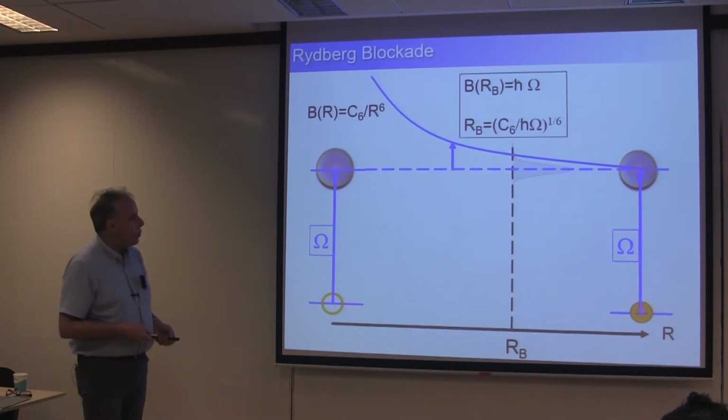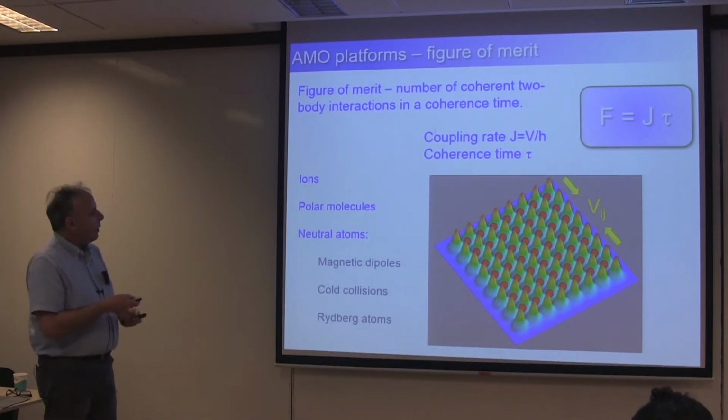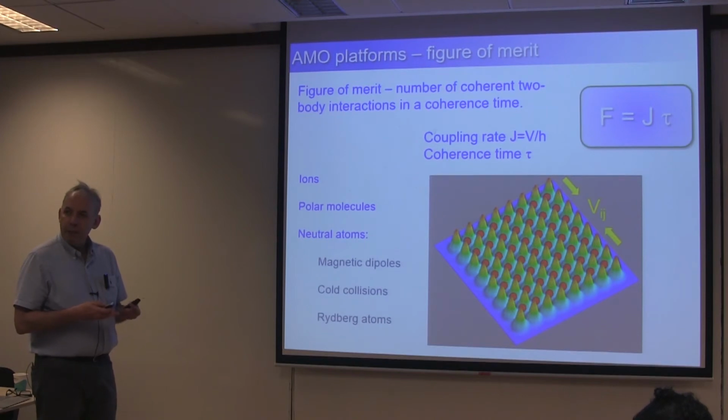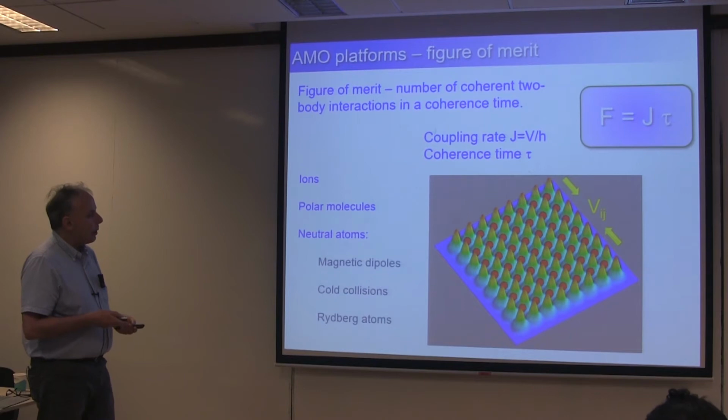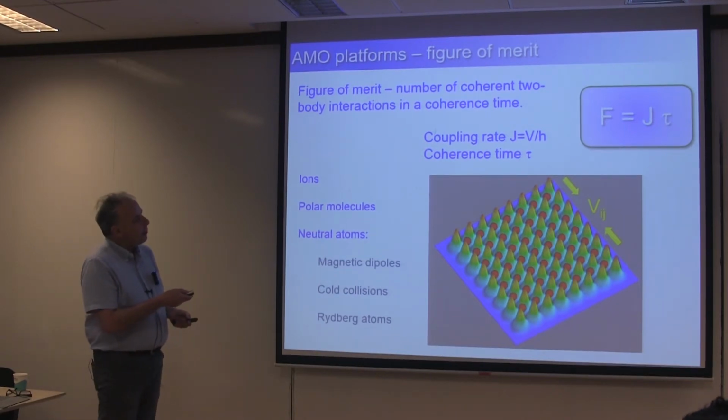And so with that notion in mind, there's a couple different regimes one can think about for Rydberg blockade. And even before getting to that, it's worth thinking about: are there other AMO systems, other atomic or molecular systems, one could use for these kinds of experiments? A way to compare things is to define a figure of merit, which I'm calling here J times tau,